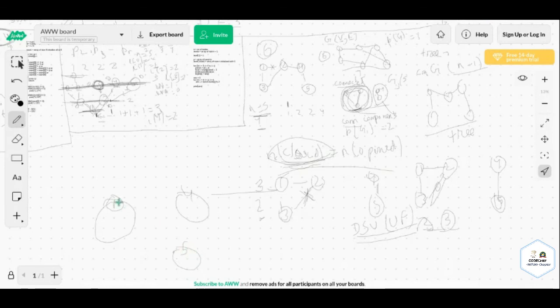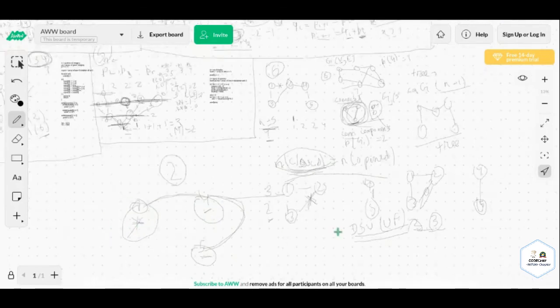Okay, so how can we connect them? We can connect 1 to 4, and we can connect 4 to 5. That is, we will build a new road between 1 and 4, and a new road between 4 and 5. For this, there will be two edges that will already be there that can be closed. That may be from this connected component, or this, or this. And this is guaranteed, because removing these edges will not make this component disconnected. It will still remain a connected component.